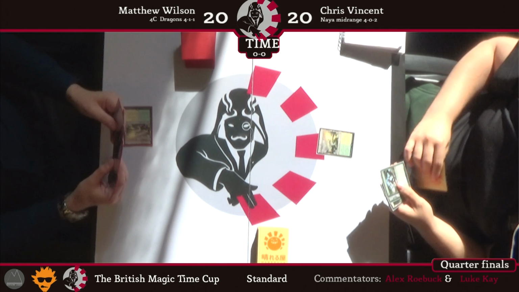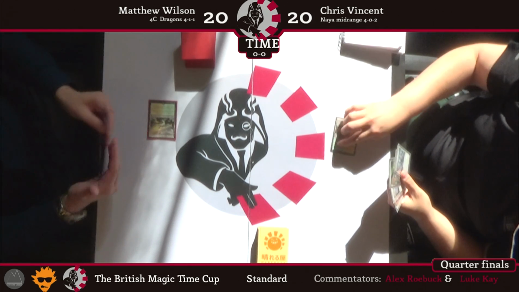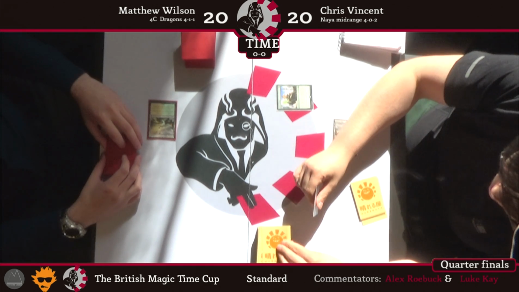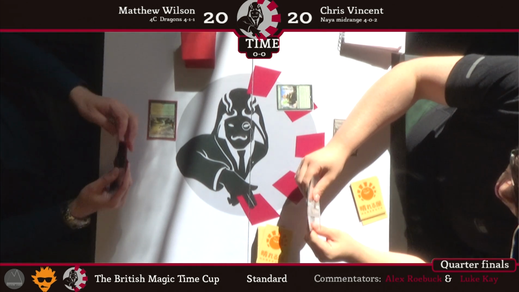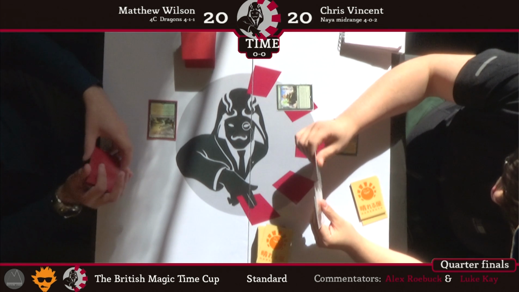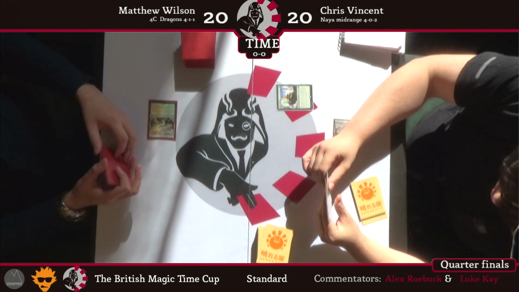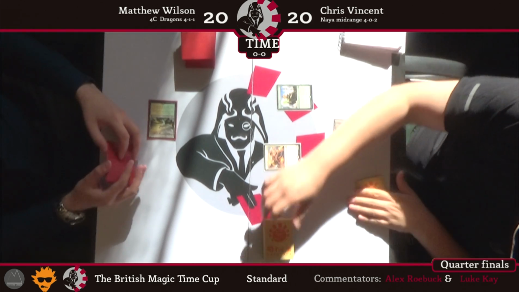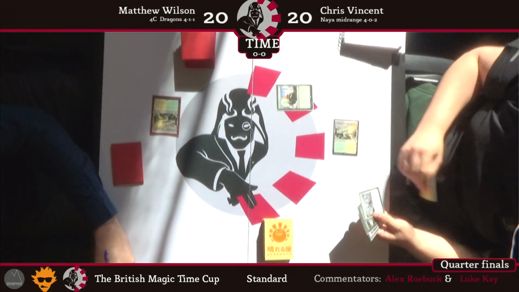We are into turn 2. Here we go, Chris Vincent, turn to Oath of Nissa. Green Ponder. Let's talk more about the Green Ponder. It's really been a staple of this whole tournament in the coverage indeed. It's absolutely fantastic. Also, it's another really nice example of...